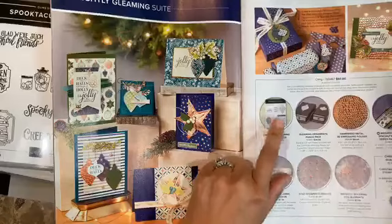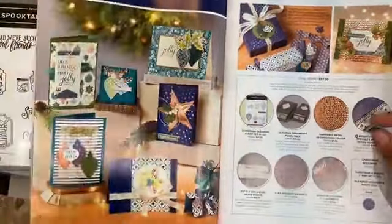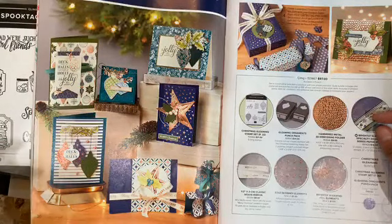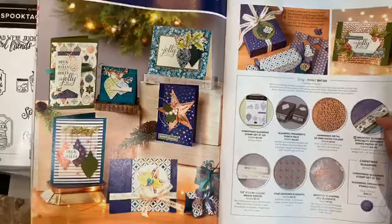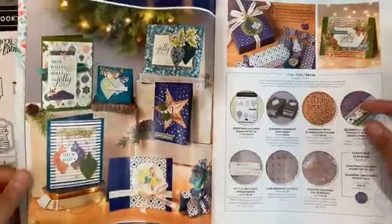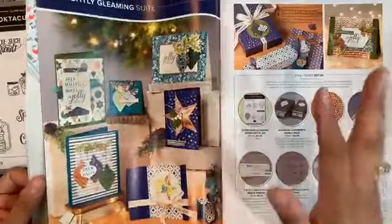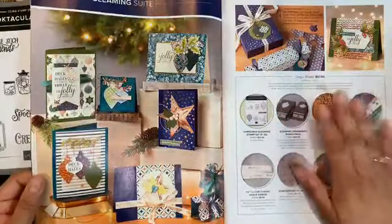Definitely you do want to have the stamp set that goes with it. Then also on this class, not only do you get the six classes, but if you pick the option that has the make and takes as well as the product, you'll have $50 worth of products, a goodie bag on the class. So definitely, I'm sure you're gonna love it. And you're gonna get a little bit of new products from this